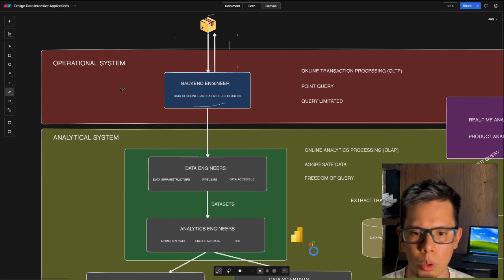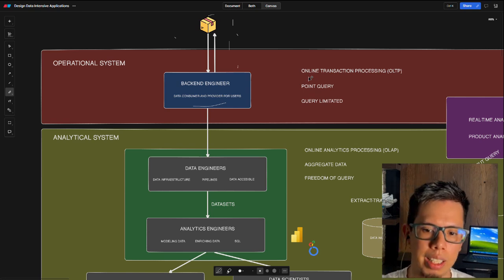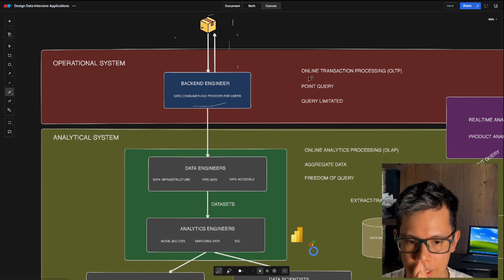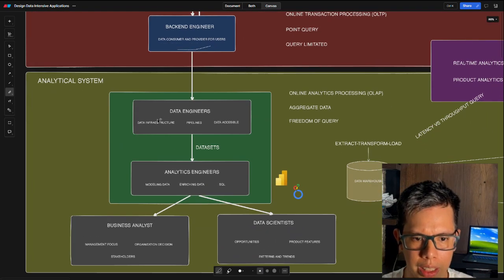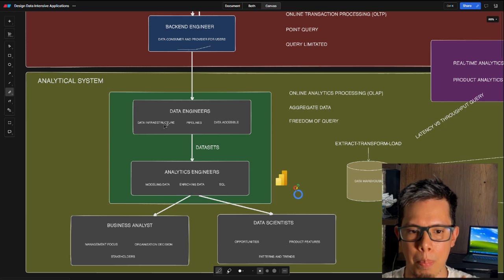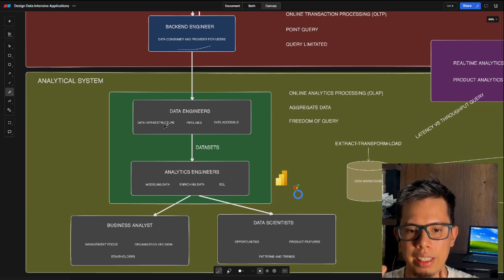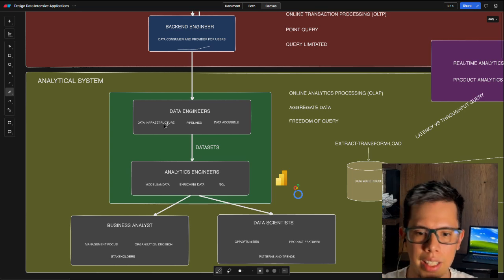The operational system is also called online transaction processing or OLTP. And the analytical system is called online analytical processing or OLAP, right? And take in mind that when we are working with analytical systems, we are working with data engineers. Data engineers have the responsibility to take care of the infrastructure and the pipelines to generate the data, and the analytical engineer's goal is to create a data model to provide to the business analysts,